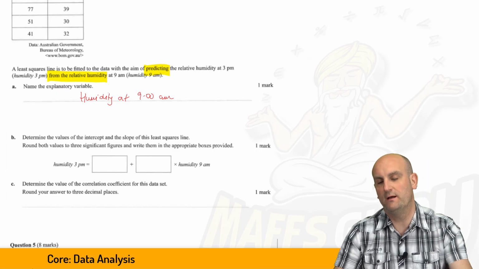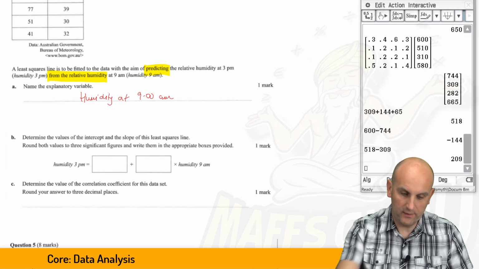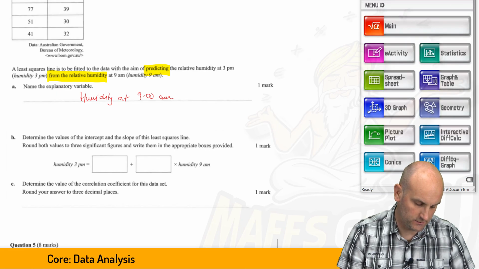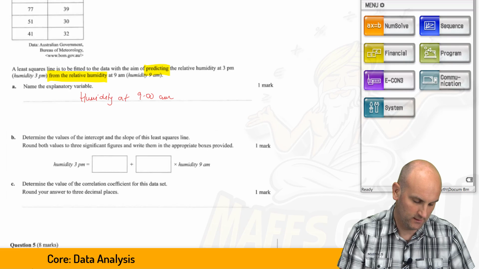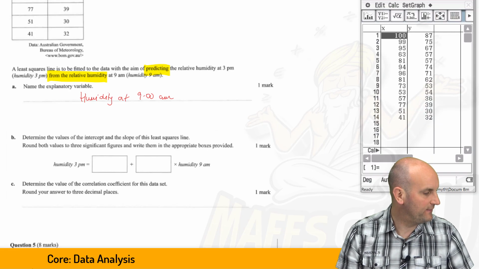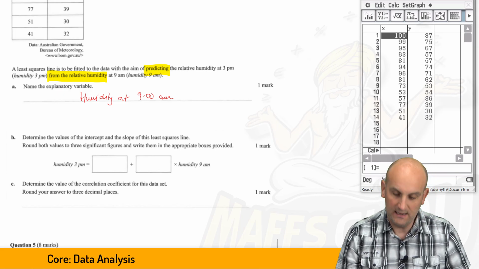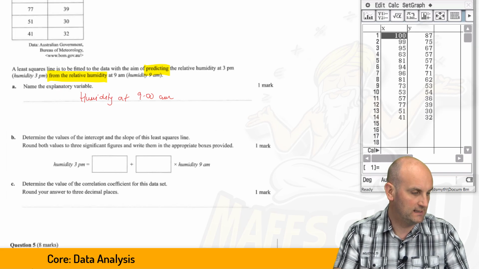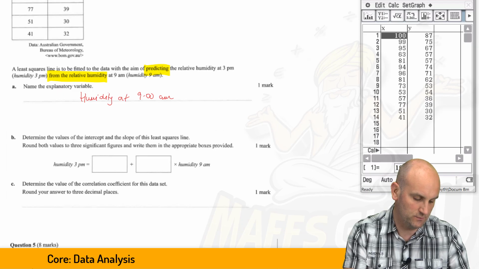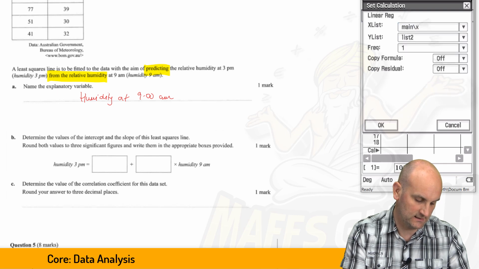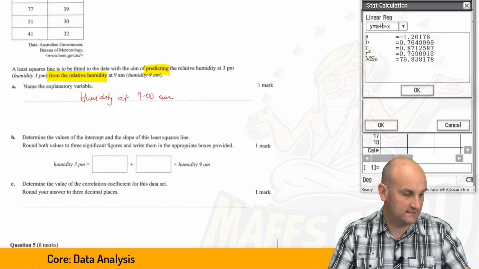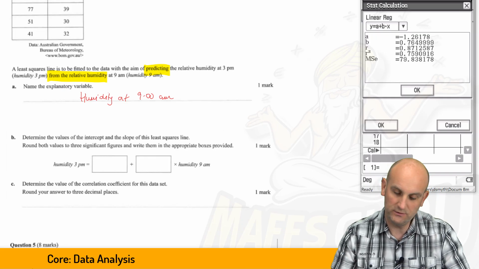Now that meant putting all of the data into your calculator. Loading up my CAS calculator, I've got some stuff here already. I'm going to go to menu, then across to statistics, and there is my data already preloaded. It's always a good idea to check that all of that data is correct. To find my least squares regression line, I'm going to go calc, regression, linear regression. List 1 is main x, list 2 is main y. Hit OK, and out come the values, where my intercept is minus 1.26178, and my gradient